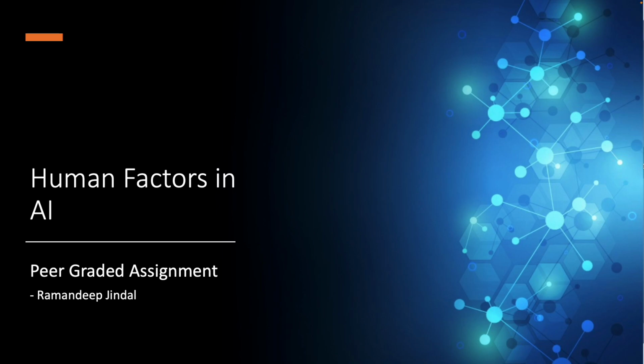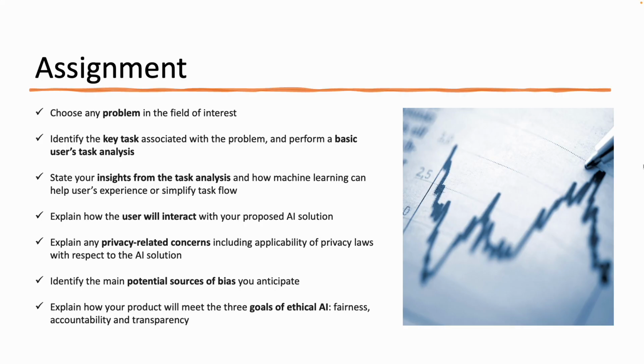I'm here to present the peer graded assignment for human factors in AI. Let's look into the assignment. We need to choose any problem in the field of interest, identify the key task, and then perform a basic user's task analysis, state the insights from the task analysis, explain how user will interact with the solution, explain any privacy related concerns, identify main potential sources of bias, and finally, explain how the product will meet the three goals